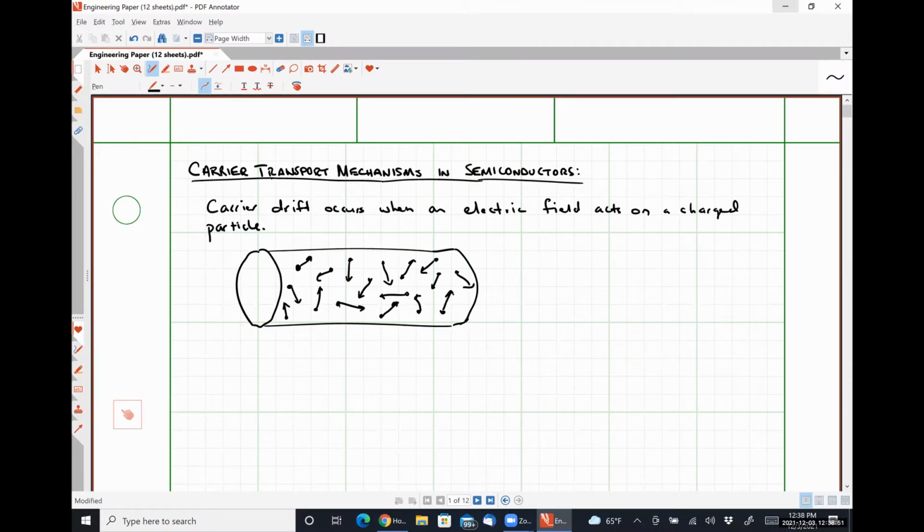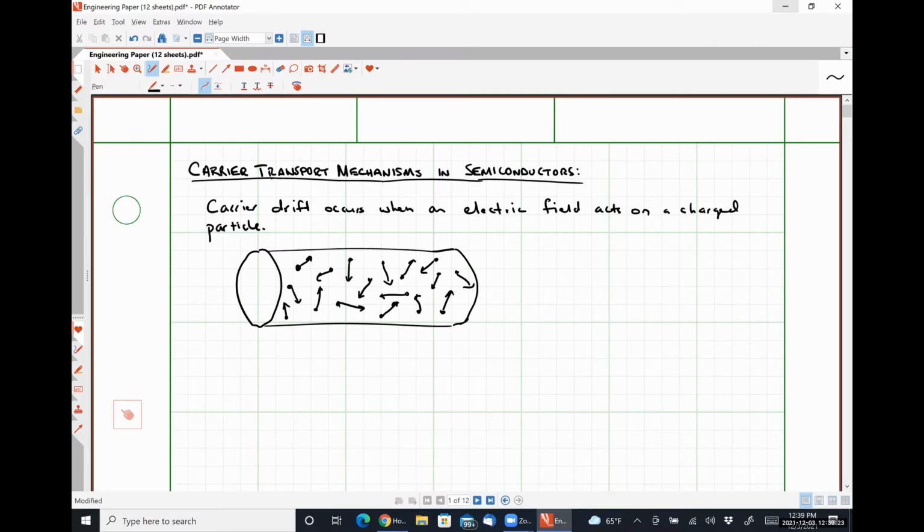Right? When there's no electric field applied, the electrons should be moving about randomly, which is what I've tried to draw here. And they move randomly because of the Brownian motion, or the small amount of thermal energy stored in the electrons. If an electric field were applied, what would happen? They'll line up and all flow, well, not all of them, but most of them will flow generally in one